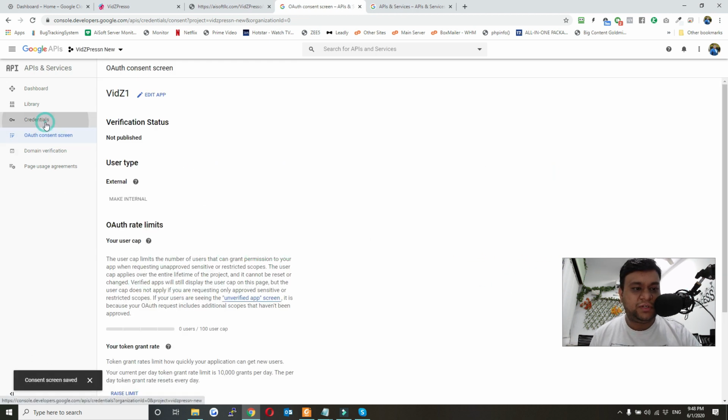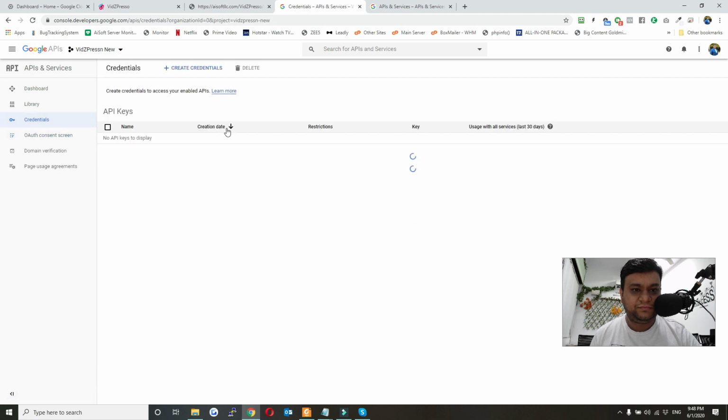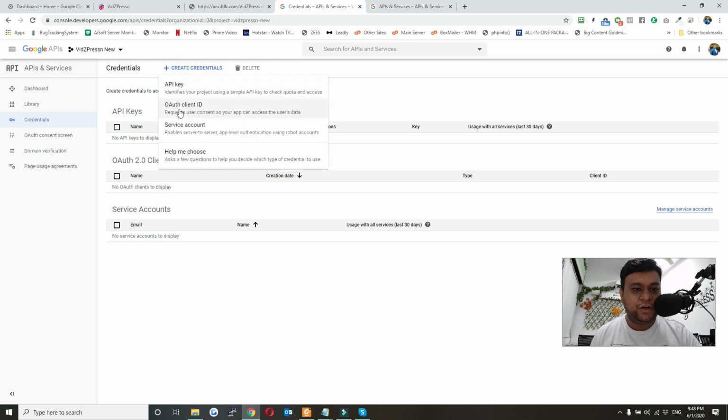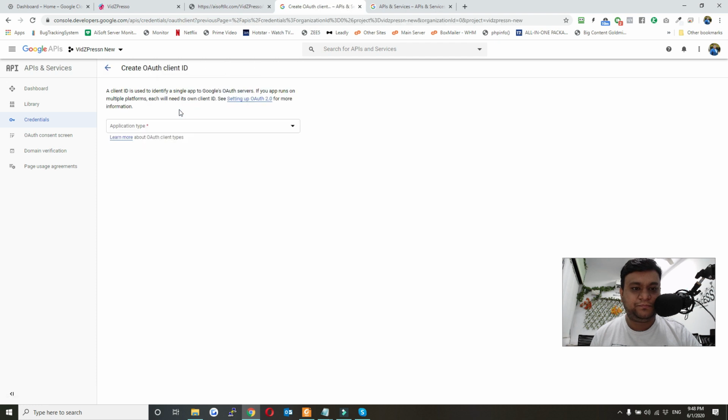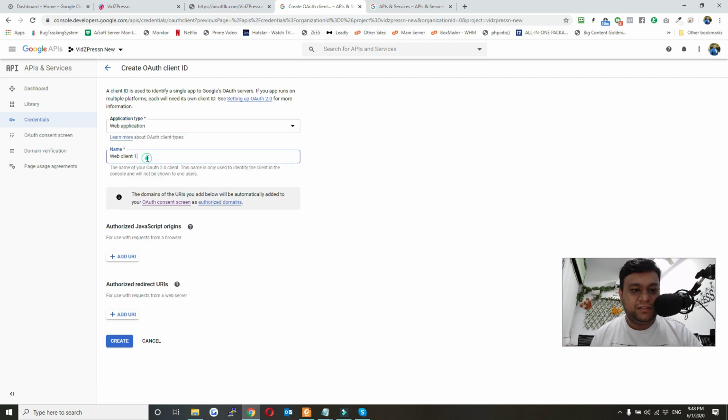Now go to credentials and then click on create credentials. Click on OAuth client ID, and in this screen just click on the application type and click on web application. Give some name here or let it be as it is.